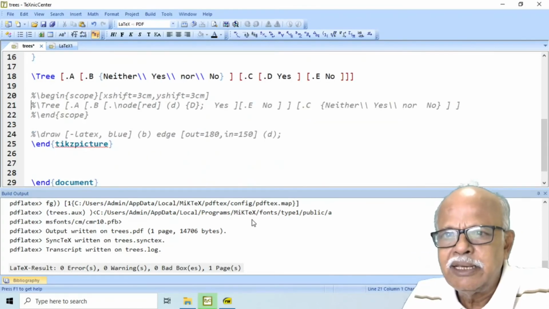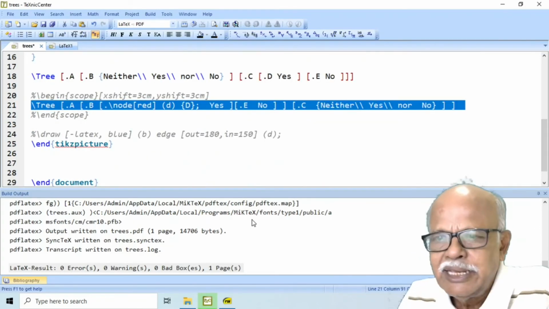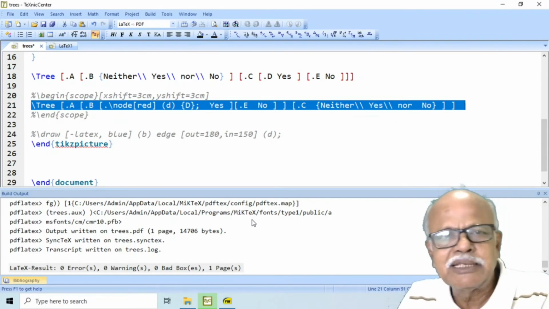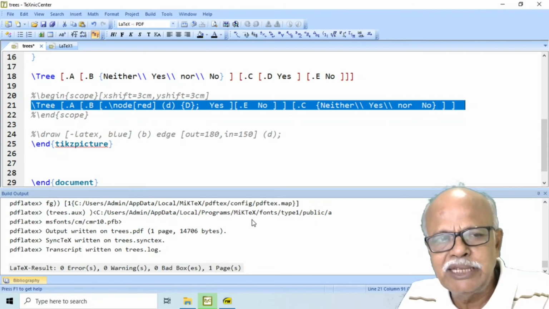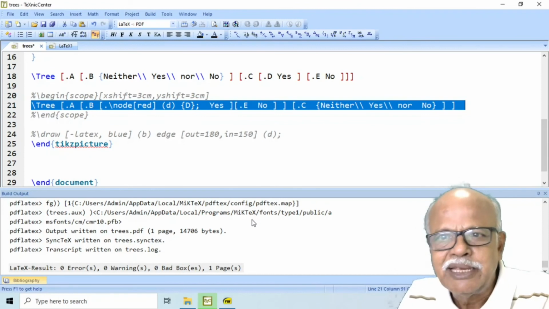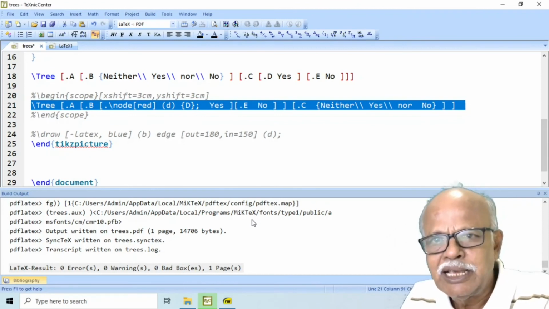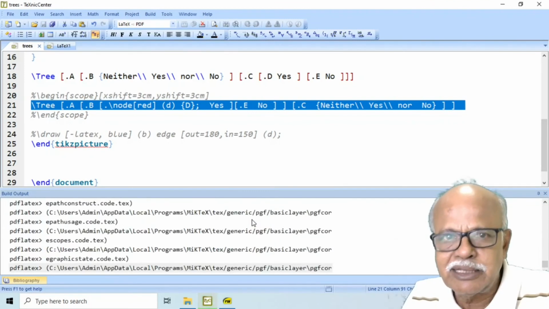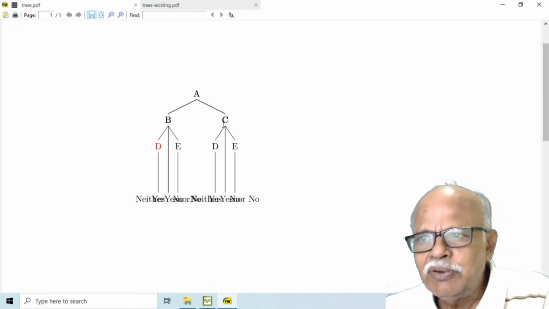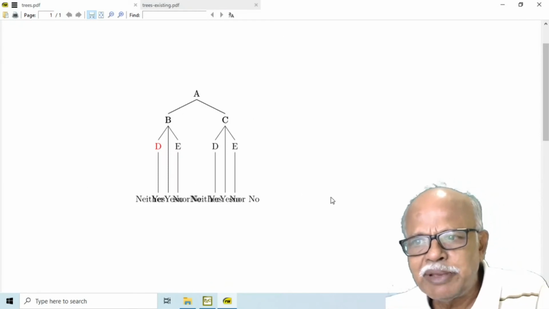Let us say we have one more tree within the same TikZ picture environment. You may come across a case where you would like to have two trees as sub-figures of a common figure. In that case, enclose different trees in different sub-figures and use it. However, if you want to have two trees in the same TikZ picture environment, not as a sub-figure, you will find there will be overlapping of these two.